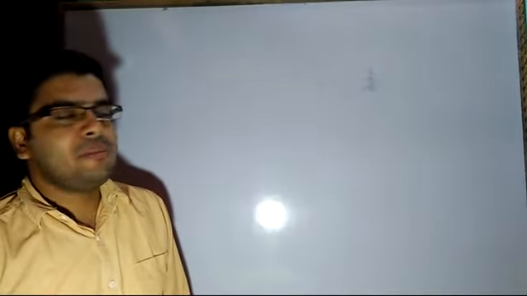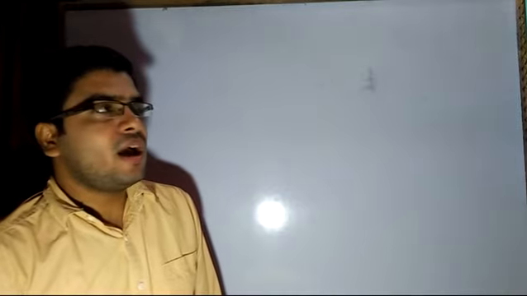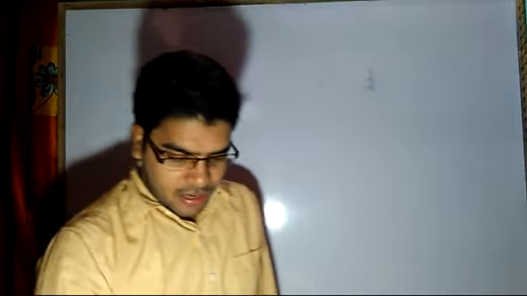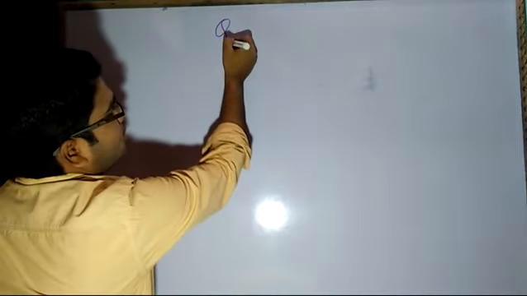This was the first chapter of geometry. Now, today I will be discussing the next exercise, and in this exercise, I will be discussing the various types of quadrilaterals. Now, how many types of quadrilaterals are there? We will see while going through this chapter. So, give the heading quadrilateral.